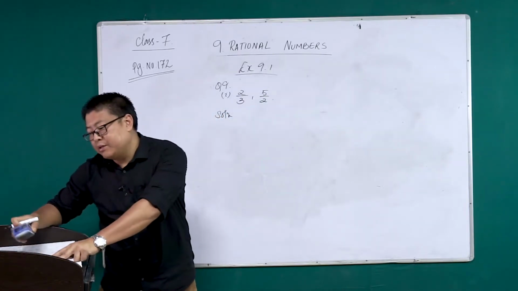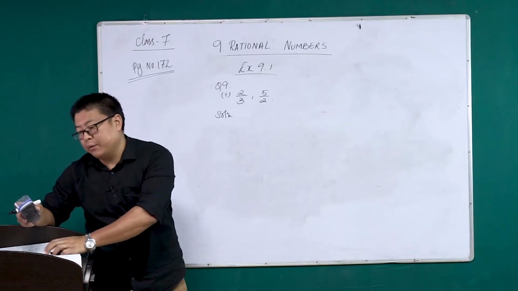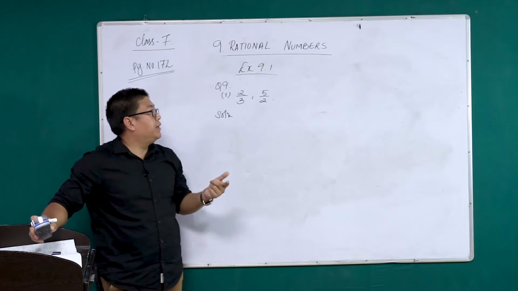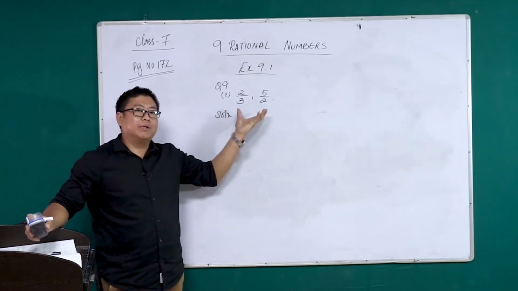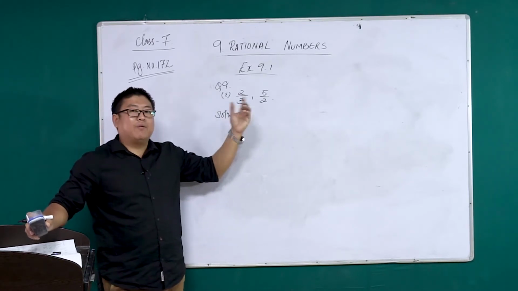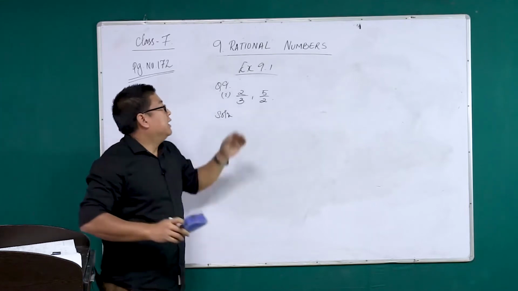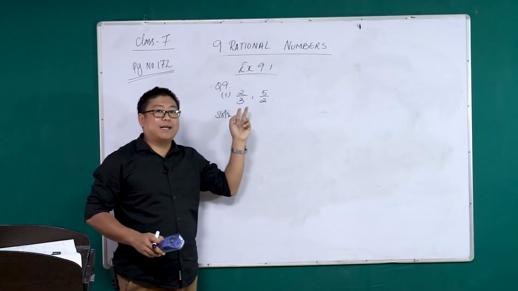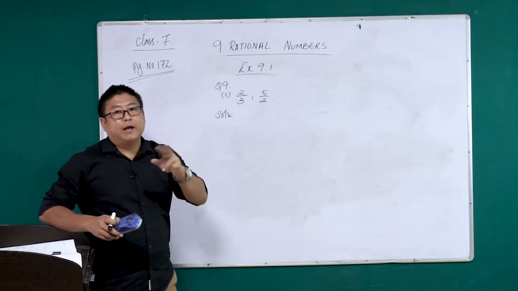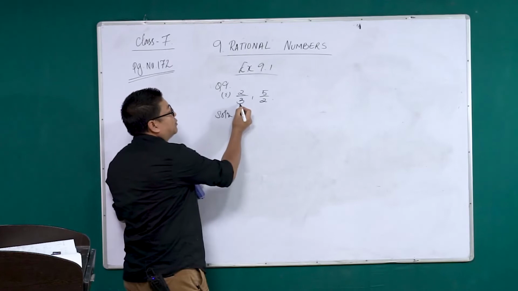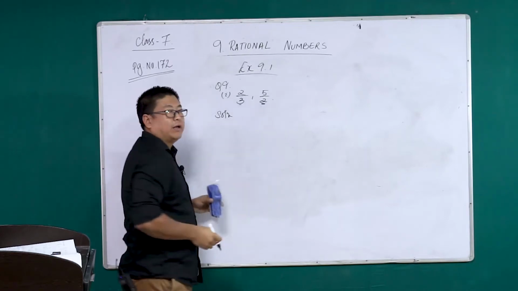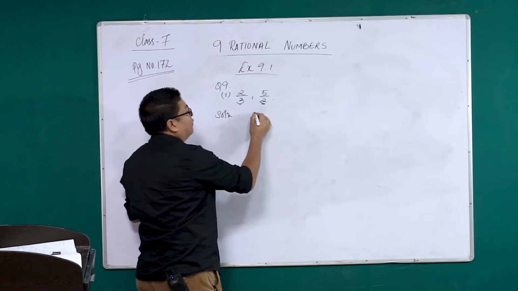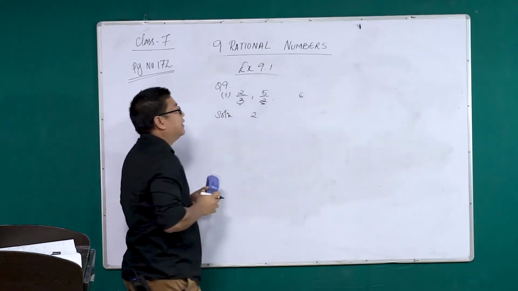Now the question reads, which is greater in each of the following? I've already mentioned this earlier, but let me mention it again. We are comparing numbers now, comparison of rational numbers, finding out which is greater and which is smaller. This is almost the same process as finding equivalent numbers. What we will do is try to make these denominators equal. The nearest number that we can think of is 6.